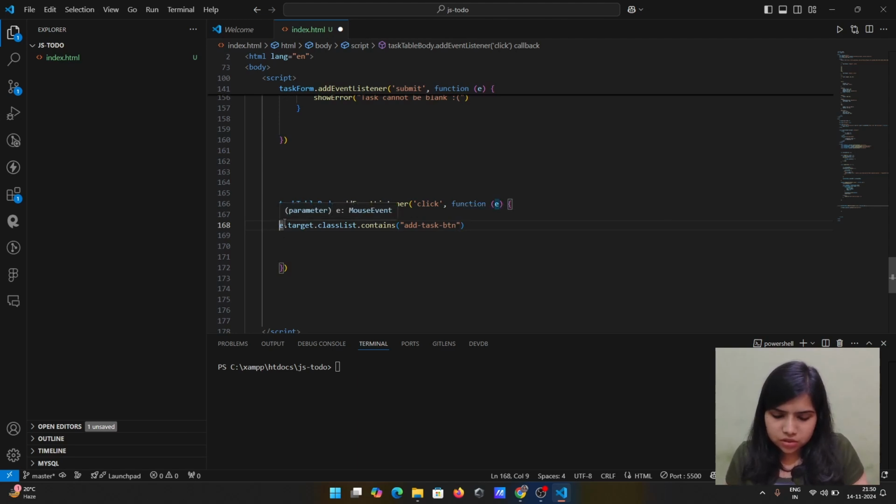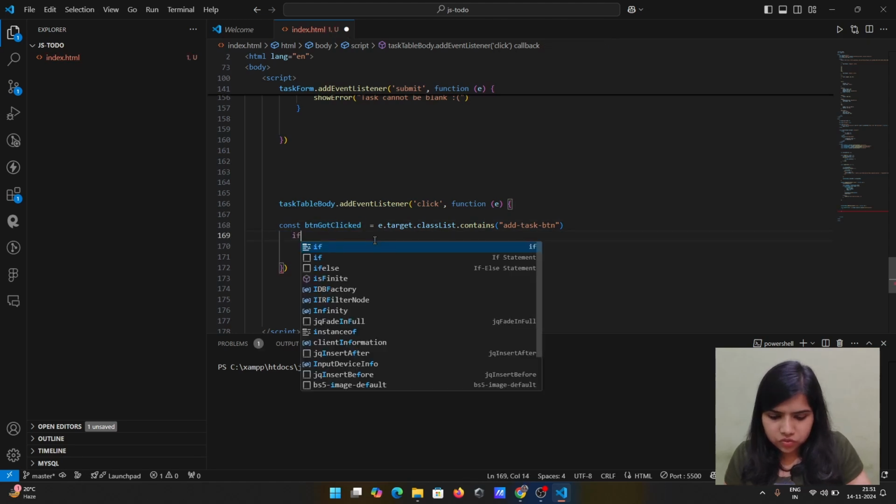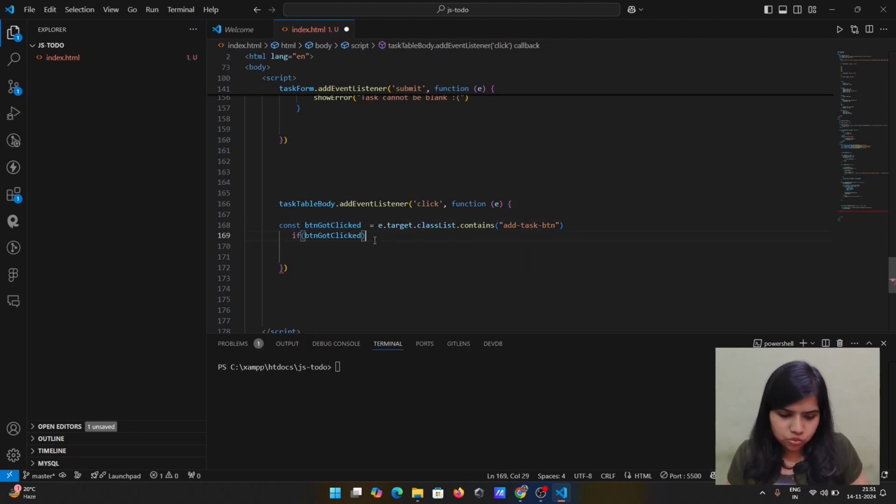So we can store it in buttonGotClicked, and then if buttonGotClicked is true, then we can console